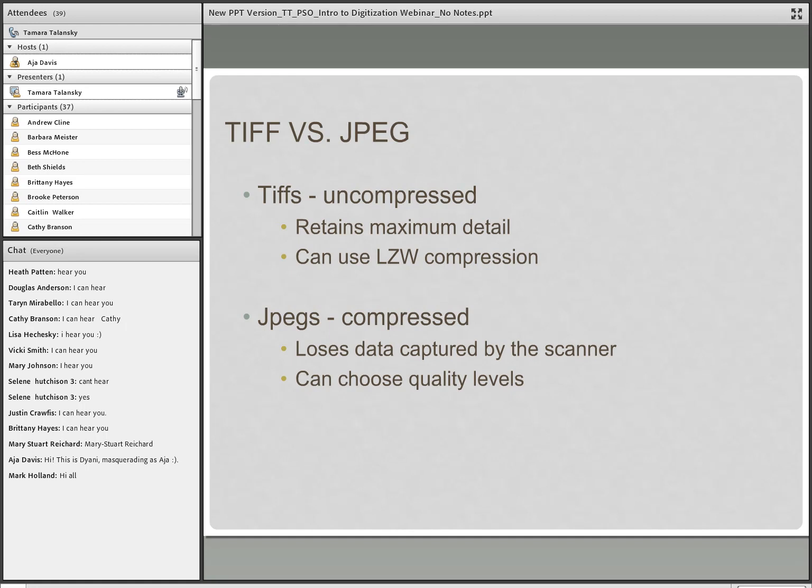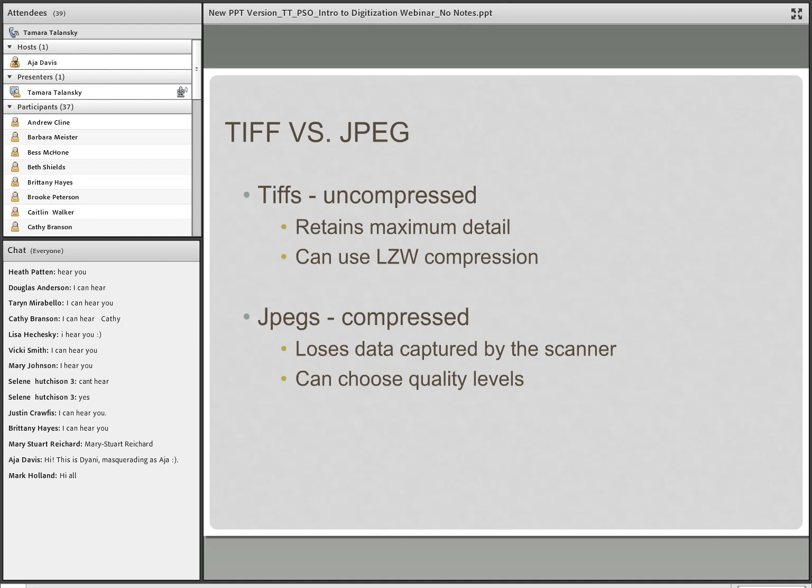There are options when you're creating TIFFs, such as no compression or uncompressed, or there's something else called the LZW lossless compression routine, which just means that it will cut the size of the file in half without losing any digital data. And even though it does cut the file size in half, the files are still quite big. But when you have a large archive or collection, even a 50% reduction will reduce storage requirements and hopefully costs over time.